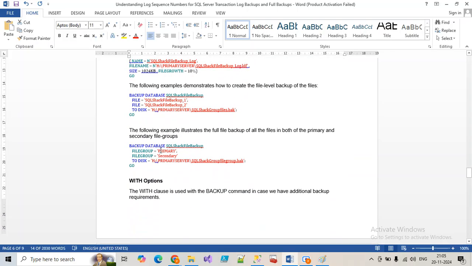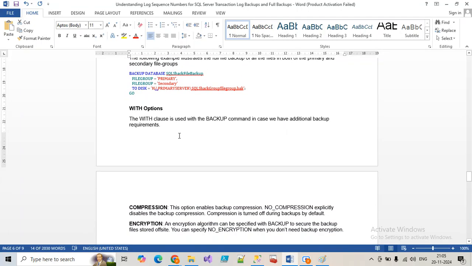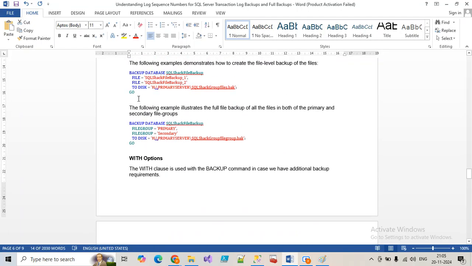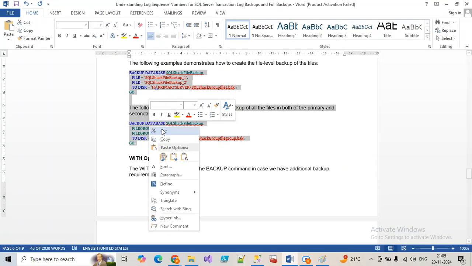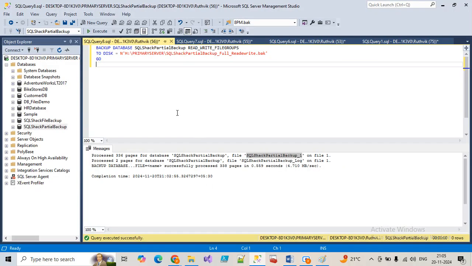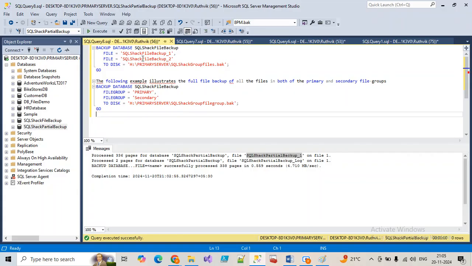Okay, so here already I have the database, so I am taking the backup. Here we have two examples. One is with files and second one is with file group. So in the first example, I directly mention the file name. If I mention the file name 1 and 2, it will take file 1 and 2. If I mention only 1,